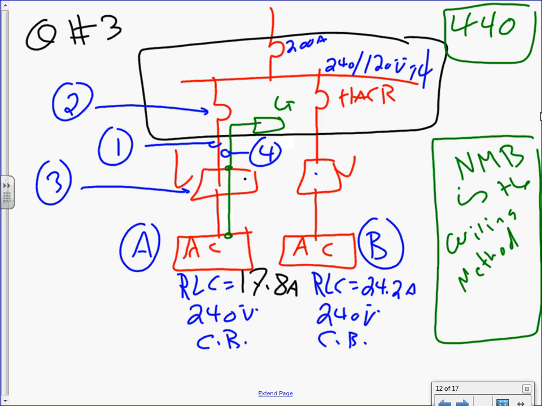Okay, this is a continuation of yesterday. If you guys remember, yesterday we did electric furnaces. We did calculations for electric furnaces and baseboard heaters. And the last component I would like to do, which is also going to be on our test, not to make you pay more attention, but it's so important, is to size branch circuits for AC systems, AC units, air